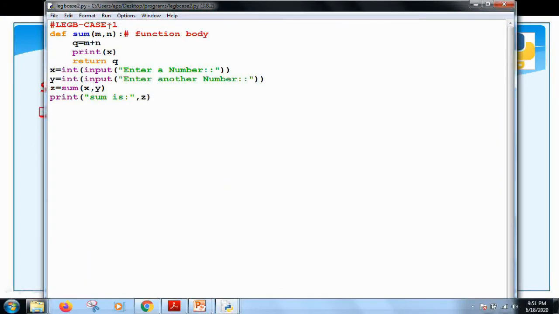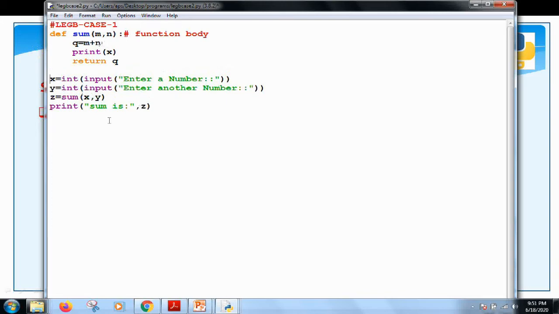This is your first case of LEGB, where any variable which is declared outside, for example x is a variable which is declared outside, and if you try to use the variable x when we are inside the function, it will first try the local namespace, that is, it will try to find the variable x here.